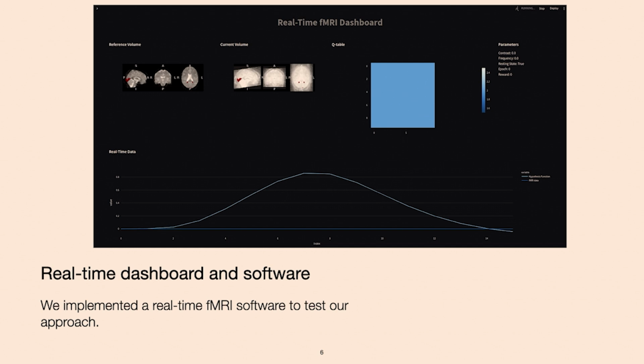To bring our approach to the scanner, we implemented a real-time software and dashboard that you see here. Basically, on the top left you see that we acquire a functional reference volume for preprocessing and motion correction purposes. Right next there is an overview of the current volume that is rank harmonized to avoid global intensity effects, and you also see there is a mask, that is the mask of the primary visual cortex we use to extract the data. Right next there is the Q table that is initialized as constant, obviously,